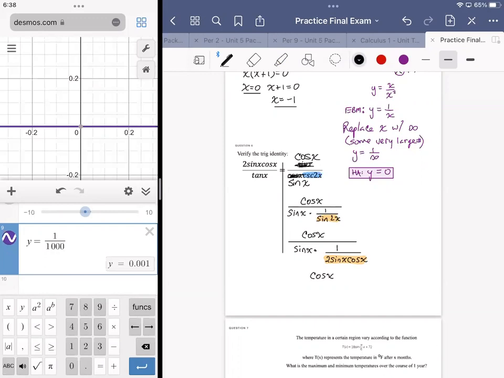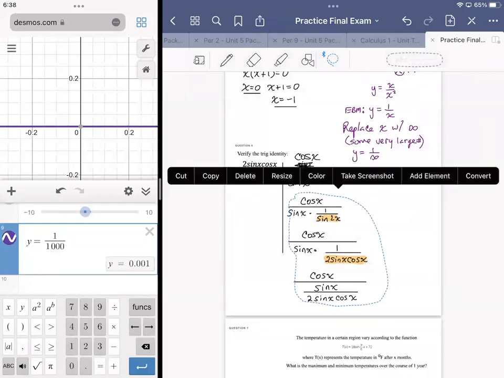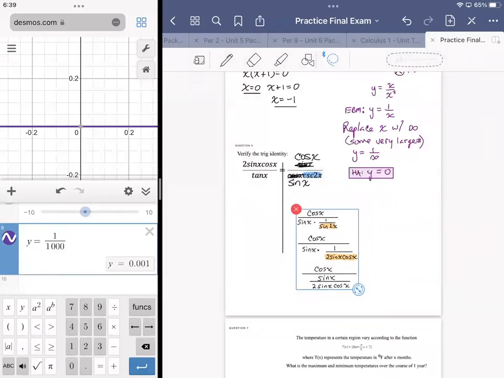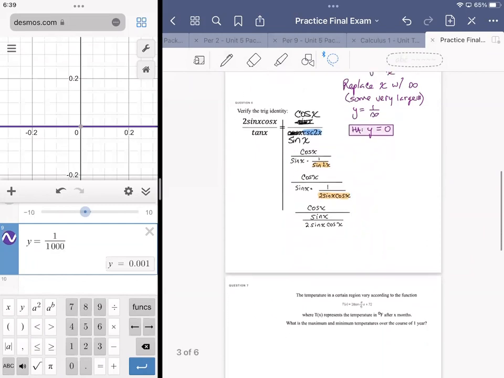So cosine x over sine x over 2 sine x cosine x. We would then do a little keep change flip, unless you wanted to switch over to the other side, which is also an option. Try to get the two sides to sort of meet in the middle. Nothing wrong with that. But I'm going to use keep change flip. So cosine x times, and so instead of divided by sine x over 2 sine x cosine x, it's going to be times 2 sine x cosine x